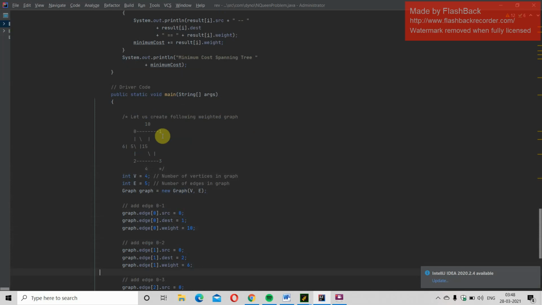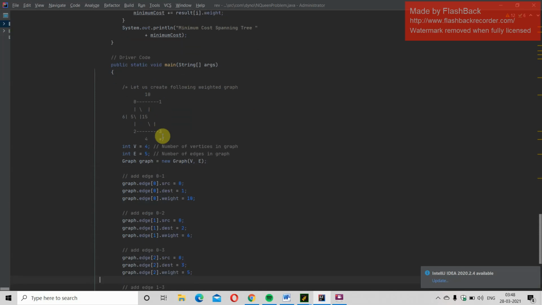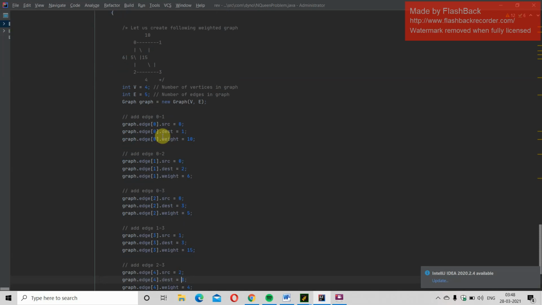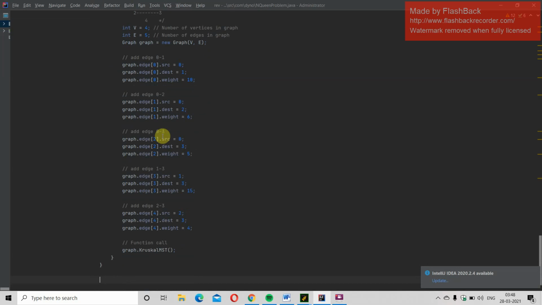For the 0 to 2 edge, set source as 0, destination as 2, weight as 6. For 0 to 3, source 0, destination 3, weight 5. For 1 to 3, source 1, destination 3, weight 15. For 2 to 3, source 2, destination 3, weight 4. Now call the function using graph.kruskalMST. Let me run the program.